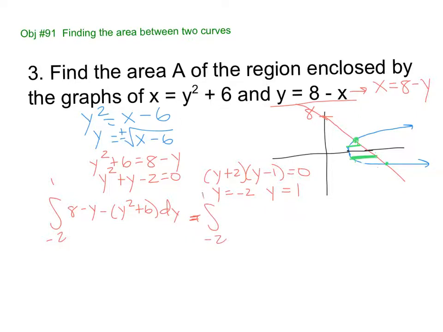-2 to 1. We got 2 minus y squared. Antiderivative: 2y minus y squared over 2 minus y cubed over 3. We will be doing these on the calculator, but right now I really want to focus on doing these by hand. Plug in 1, I get 2 minus 1/2 minus 1/3